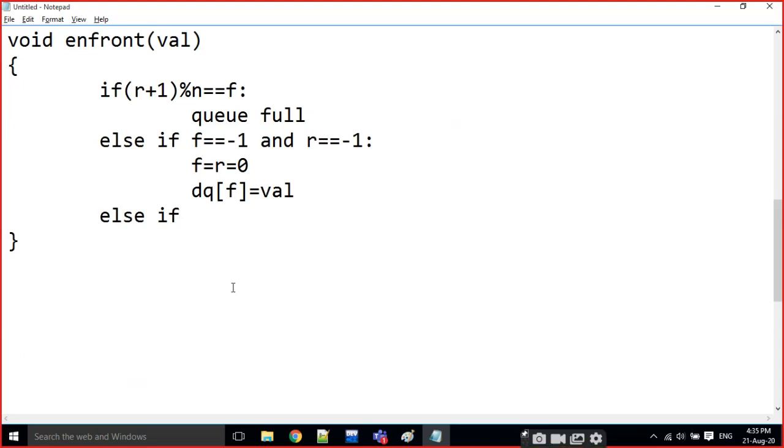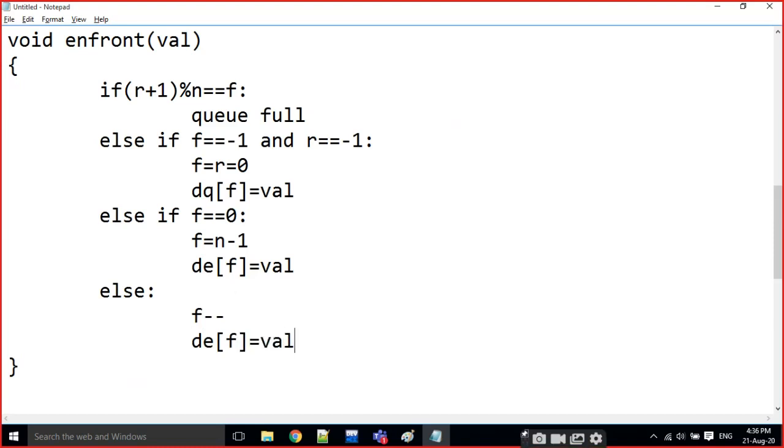If f is zero, we have to move to f is equal to n minus 1, and DQ of f is equal to value. Else, this is the last condition: f minus minus, and DQ of f is equal to value.